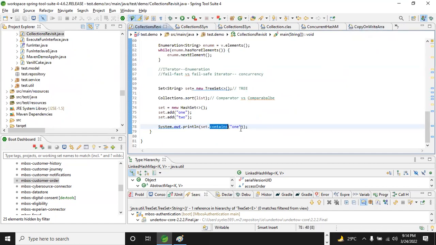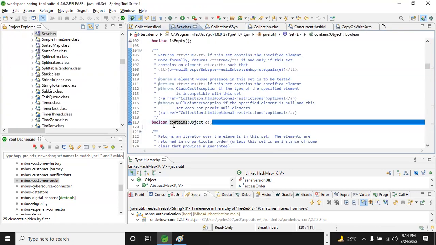So now coming back to contains. My Big O notation for contains is looking into the map.